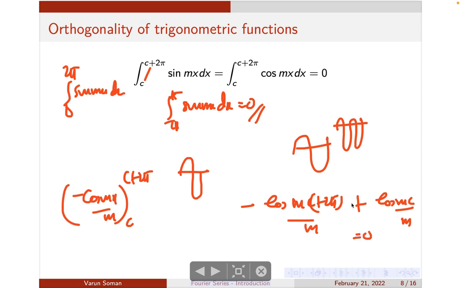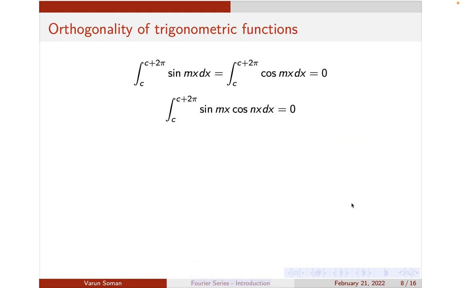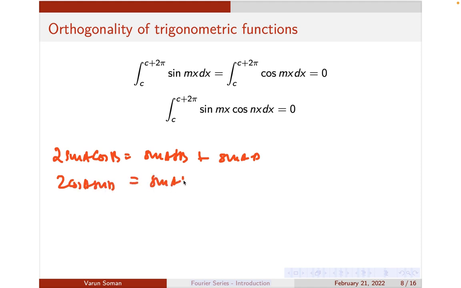Okay, so this is one identity which is useful in computations, and similarly this value you can just check out, the value of this quantity also would be 0. This is obtained by using the product rule here. You know that some product rules are there in trigonometry, like 2 sin a cos b is equal to sin(a plus b) plus sin(a minus b). Okay, so similarly 2 cos a sin b would be sin(a plus b) minus sin(a minus b),